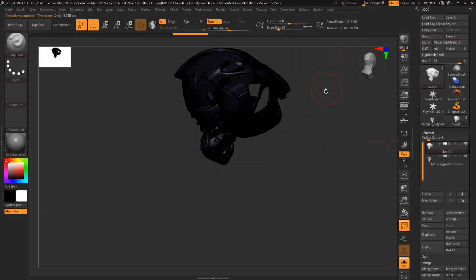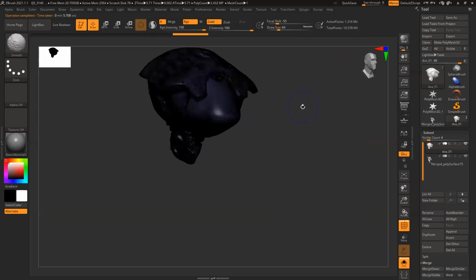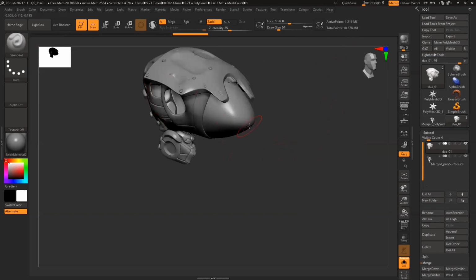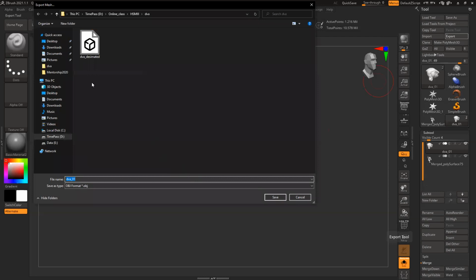You can say 1.2 million. So you can see it still retains all the detail, everything. And now if you want, you can decimate to 5%, 6%. It's up to you, depending a bit upon your system, if you can handle it. So reduce the poly count, and you see it retains all the information from high poly. Then export the model, import into Maya, and export this here as OBJ decimated.